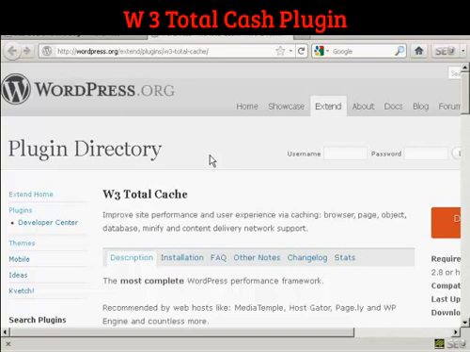A couple of points that you need to bear in mind, because the W3 Total Cache plugin can be a bit tricky to install and to set up. First and foremost, you must make sure that any other caching plugins that you have on your blog have been deactivated and deleted. Otherwise you're going to run into compatibility problems when you actually try to enable this particular plugin. So you want to make sure that all traces of any other caching plugins that you have been completely removed